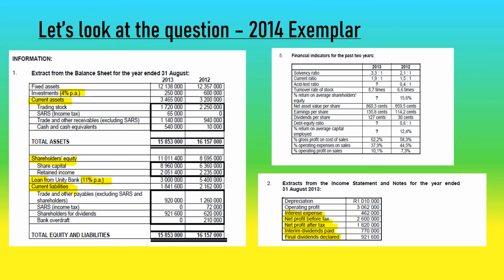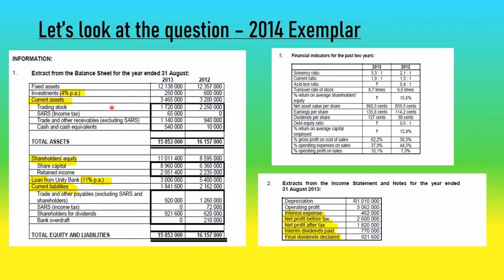Okay, let's look at a question now. So I've used an example from 2014 Exemplar. I'm using an example from this past paper. It's quite a bit of an old past paper, but I'd like to use that example because I know many of you would only go through your recent ones. There's a few things I've highlighted. Doesn't mean that other things are not important, but I just wanted to highlight a few things, such as the